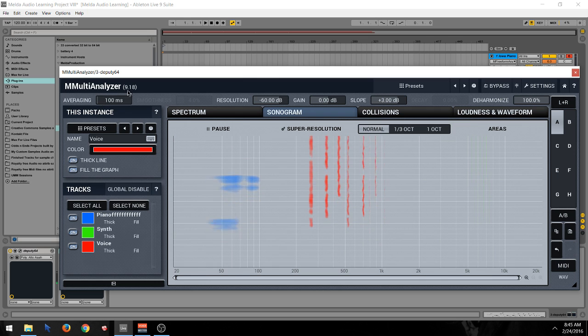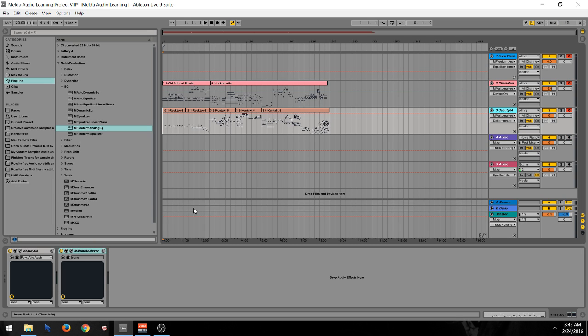So yeah, this is really cool. I really like this plugin. And that'll conclude our tutorial on